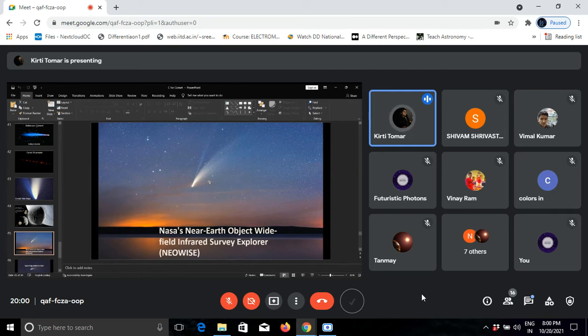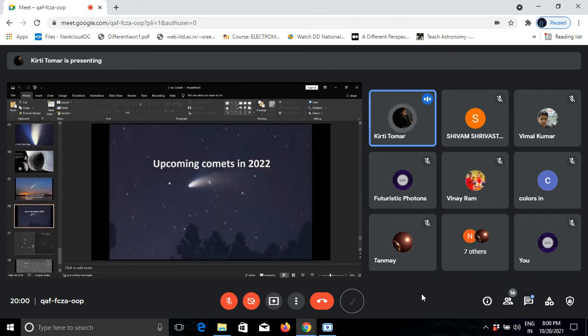So what makes comet NEOWISE special? The comet passed just inside Mercury's orbit. This very close passage by the sun is cooking the comet's outermost layers and causing gas and dust to erupt off the icy surface, creating a large tail of debris. Even the astronauts on the ISS spotted it from their vantage point high above Earth. So this makes the comet NEOWISE special.